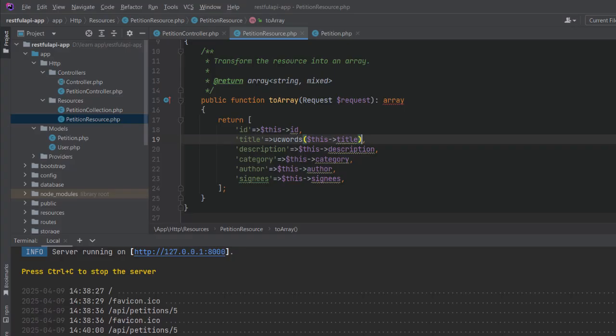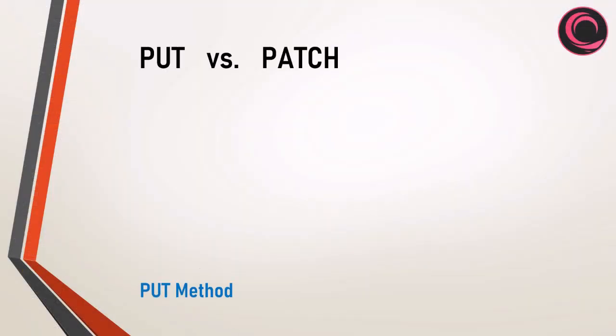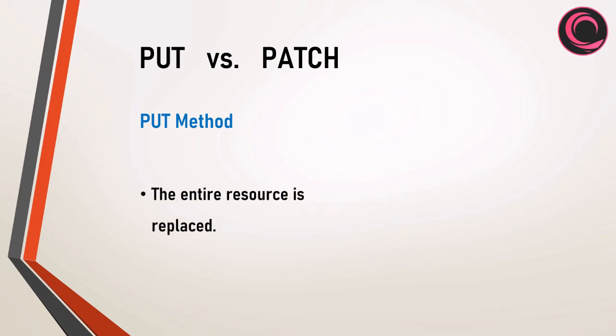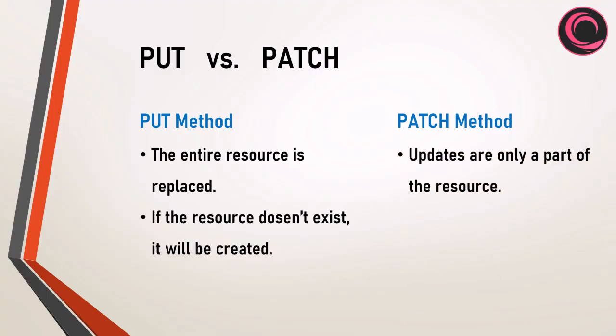Updating an existing petition will be very similar to creating a new one. But instead of using the POST HTTP method, we will be using either PUT or PATCH. PUT and PATCH are very similar in what they do. Both methods update an existing resource, but PUT replaces the entire resource, while PATCH applies only a partial update to the